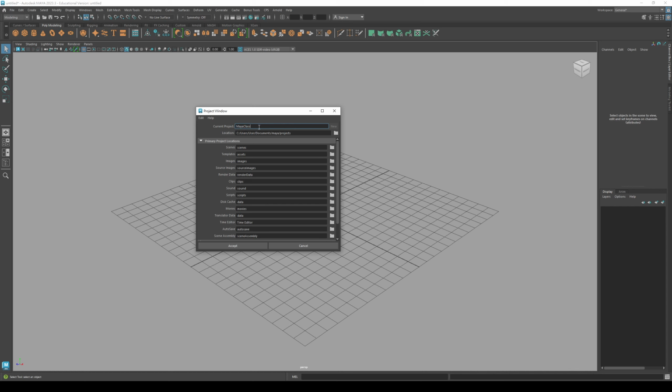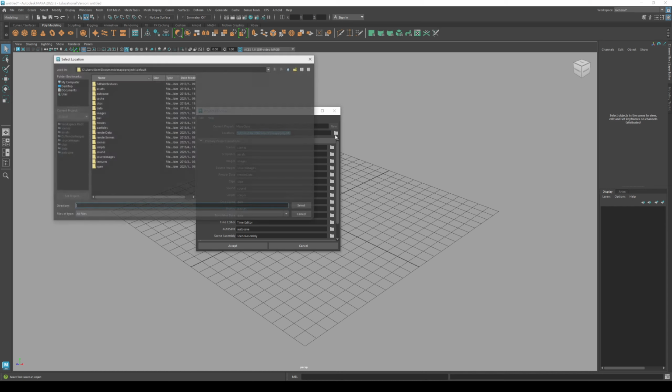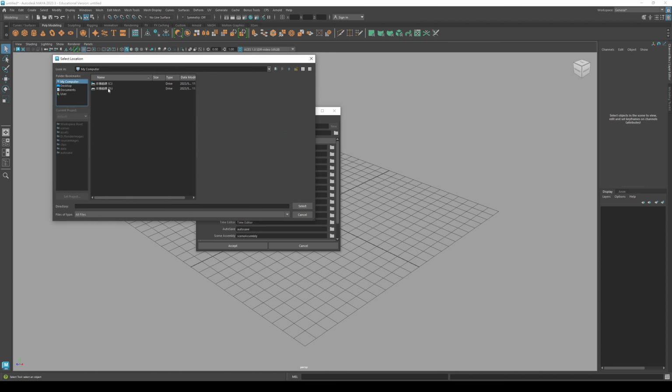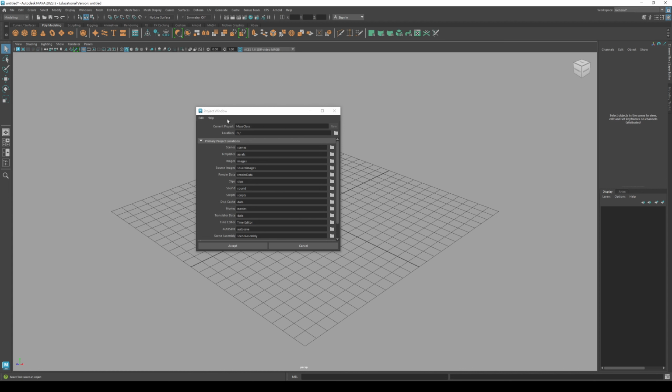So I use MayaClass as my project's name, and here is the location where you are going to put your project. Also, don't use any Chinese characters or numbers or strange codes inside your path. Okay, so let's make it simple. Let's just put my project under D drive. So I select D drive, select, okay,